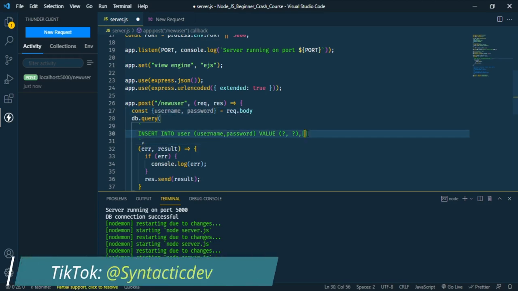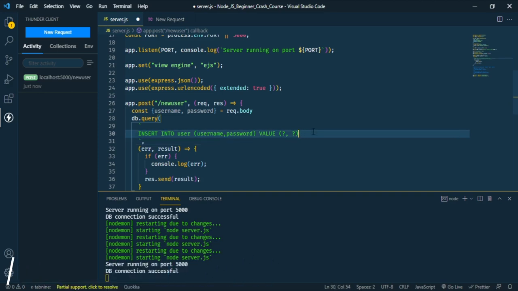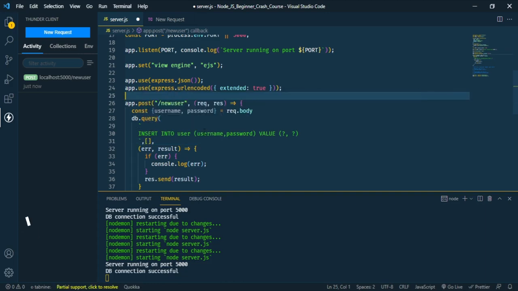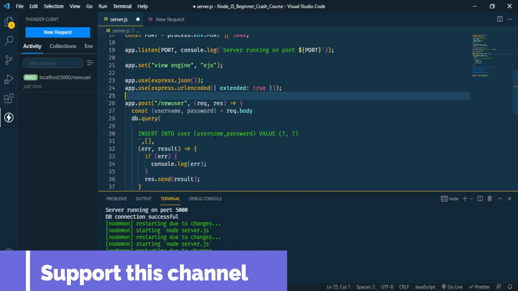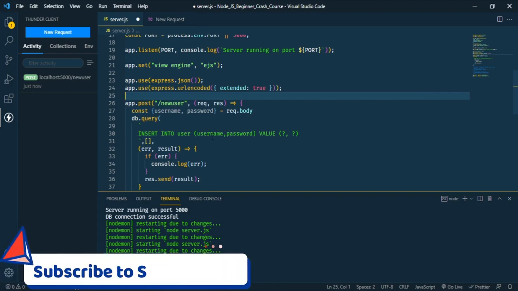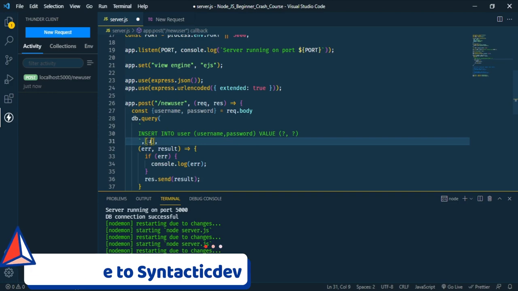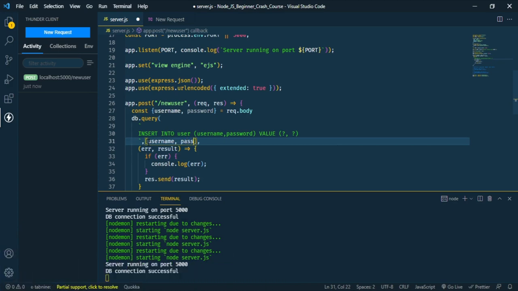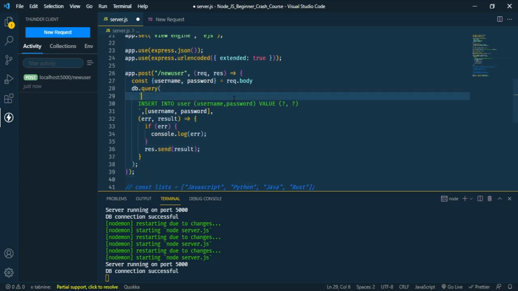As you can see right here, I'm using this to insert the data. So to insert the data correctly, sorry, I think I made a mistake, not right here. I should put it right here. Okay, so to insert the data now, the way you want the data to be inserted is the way you should arrange it. So the username comes first, and that means we'll be adding the username first right here, and the password is the second part, and that is for the password. So that is it. So we should save it right there